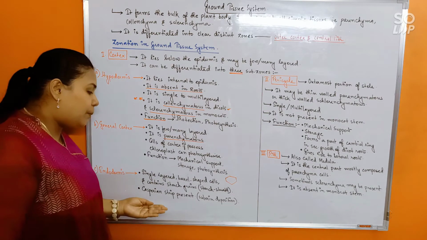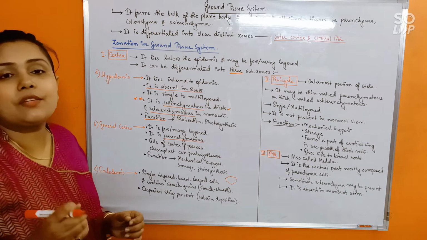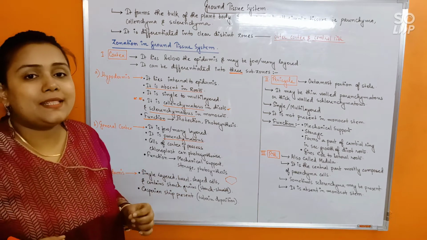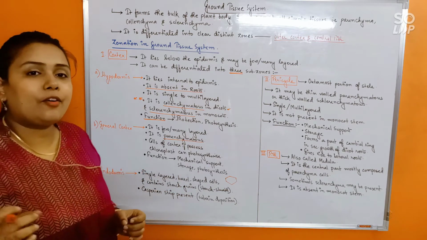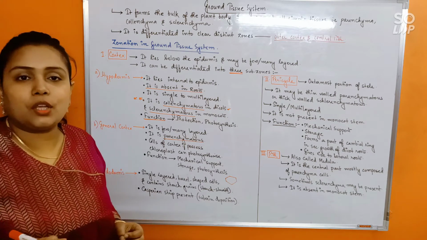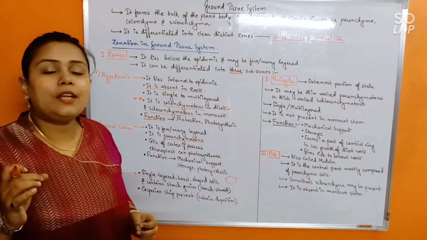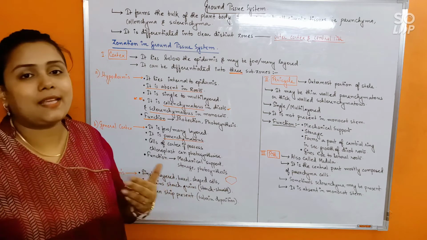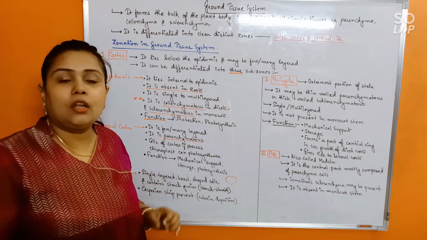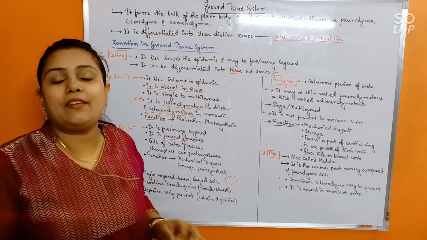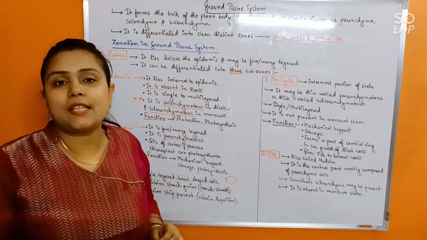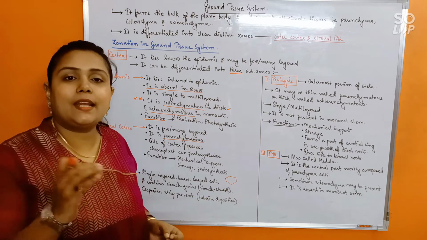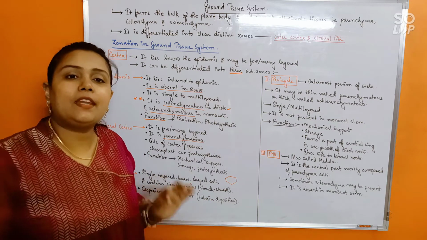Next, Casparian strip would be present. Now, this is a very unique feature of the endodermis. In the cell wall of the endodermal cells remains a thick layer of waxy deposition of suberin. Okay, suberin deposition will be found radially or tangentially in the cell wall of the endodermal cells. Now, this suberin deposition was at first discovered by Caspari. The name of the scientist was Caspari, and hence from the name of the scientist itself, this waxy layer of suberin was termed as Casparian strip.